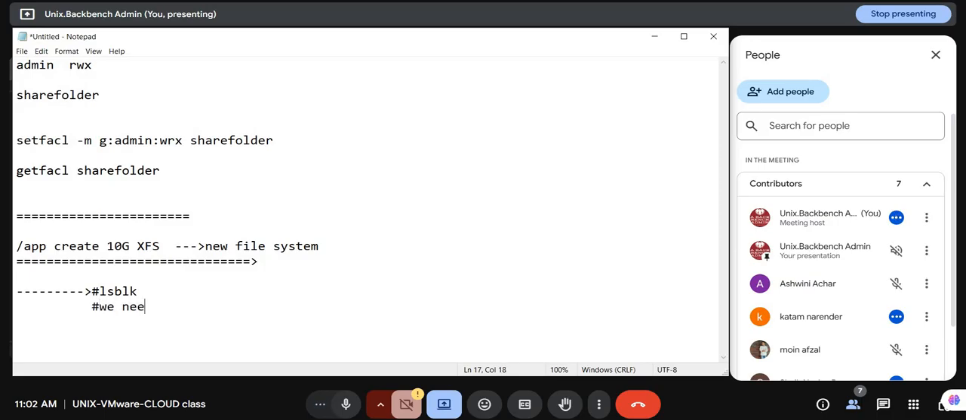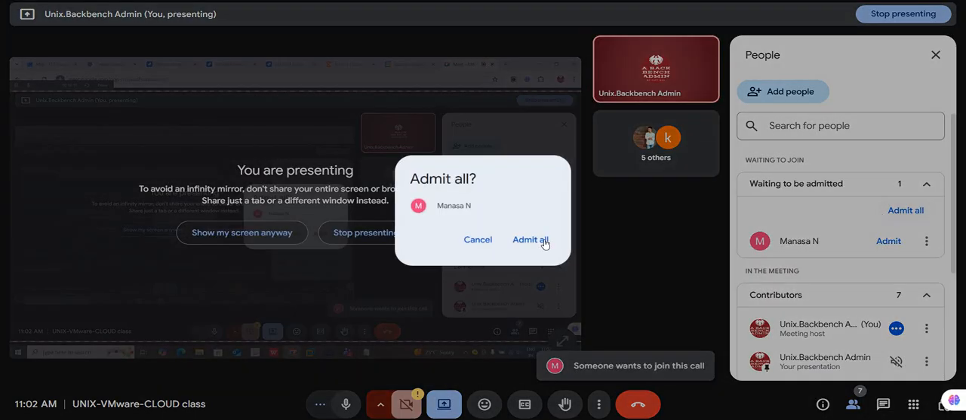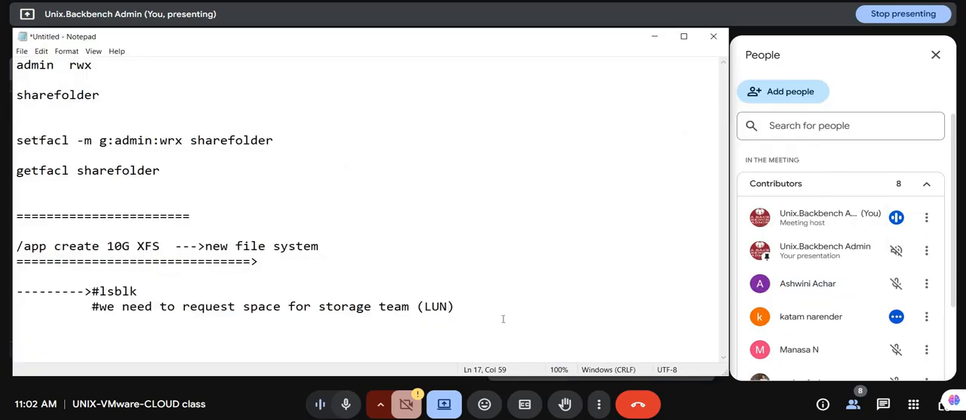So we need to request storage space from the storage team, that we call a LUN. LUN is nothing but logical unit number. Okay. So next point, ఏం చేస్తావు? స్పేస్